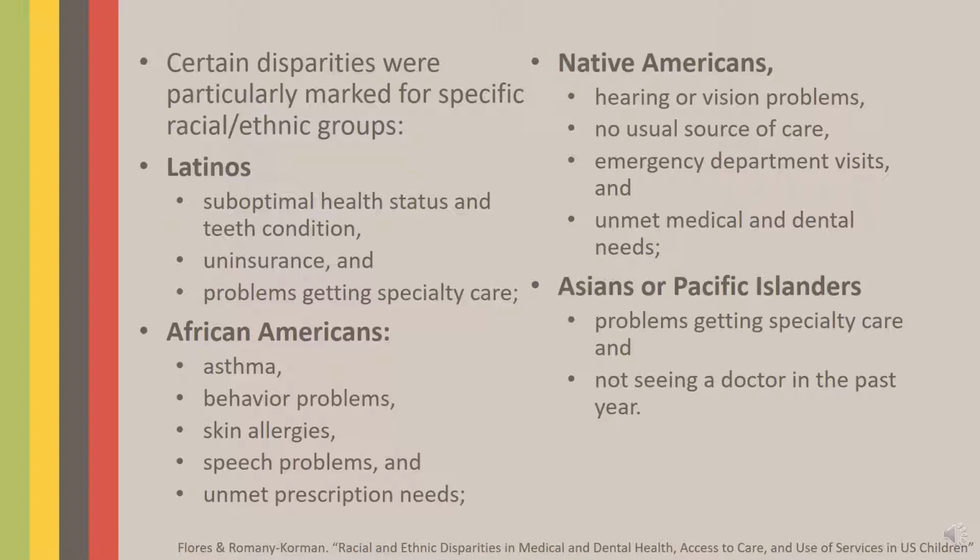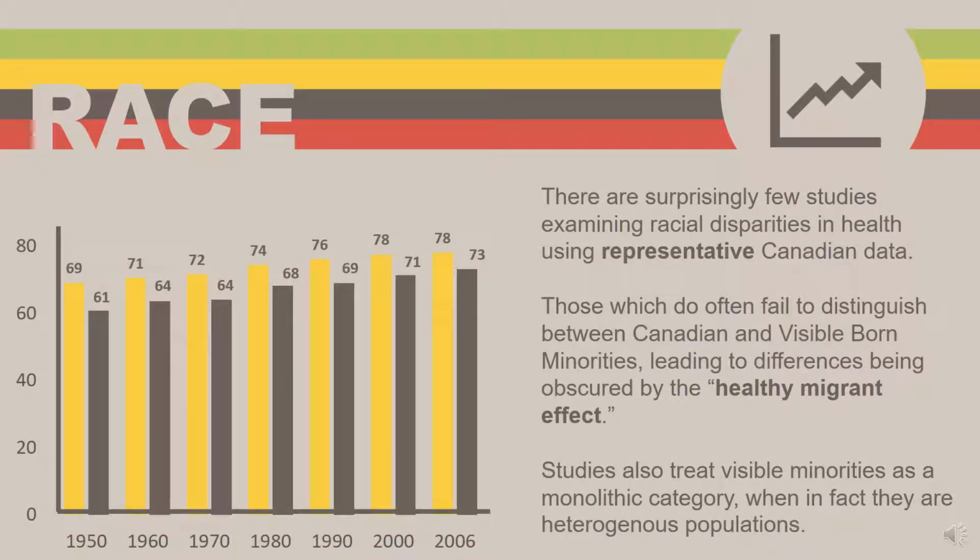Nevertheless, taken all together, systematic reviews controlling for socioeconomic status suggest that minority youth receive fewer primary care visits, as reported by 8 out of 12 studies in a review, and fewer mental health services, as reported by 6 out of 9 studies. You can also see that when it comes to life expectancy, racial disparities in longevity have persisted over time, with consistently higher life expectancy among whites, which are represented by the yellow bars here in this graph, as compared to minority groups.